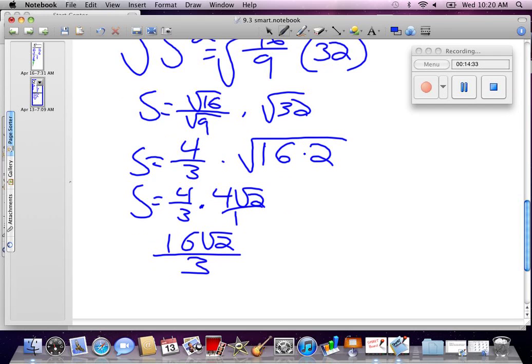So that's your first step. You have to have 2 answers for this one. This is in simplified radical form. Now I want to find it in decimal form. So this is where you take out your calculator. You have 16 times the square root of 2, and then divide that by 3, and we're going to round it to the nearest 10. So it should be just one decimal place. So s equals